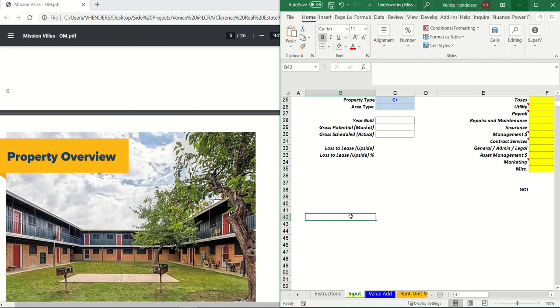So if we do $50 a month times 176, I don't know what the remaining units are. That's 8,800. And if we do that times 12, all right, we potentially can raise the